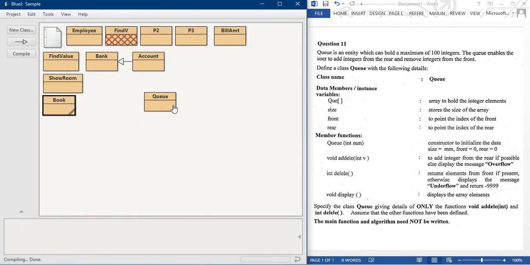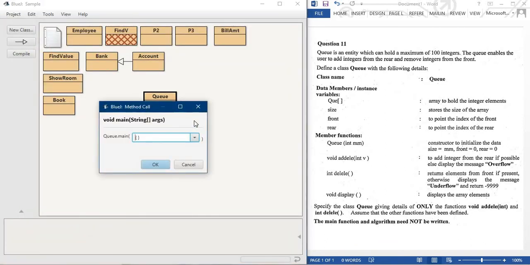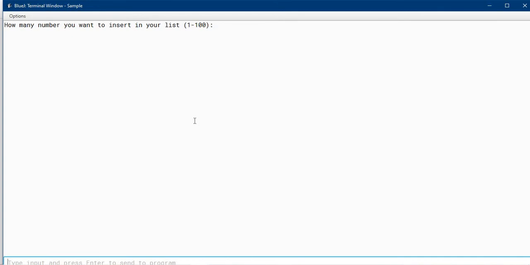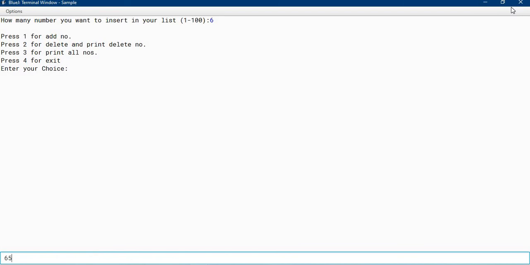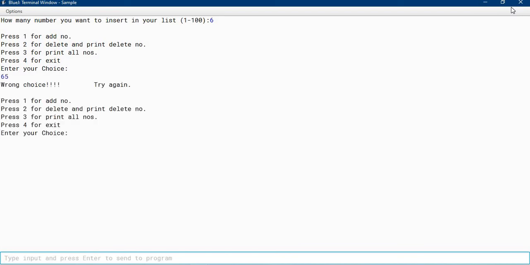Similarly, close it, run it, and you can see I'm pressing here, suppose 6, and you can see the messages. I'm printing the first one, 65. Enter. Choice is wrong. So again I'm pressing 1 for adding a value. Now my number is 65.